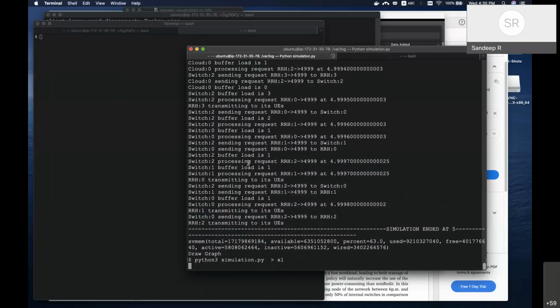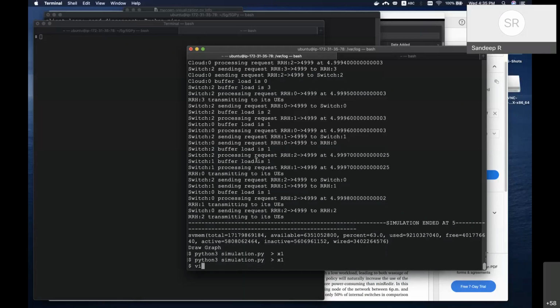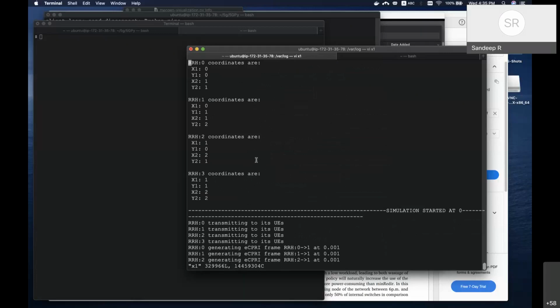Whenever you have a file or output that is scrolling away like this, just redirect it to a file like this. It's very easy in Linux to do redirection. Just use a greater-than sign and a file name, and all the output will go into that, and then you can open it and look at it like this. See, what they are trying to do is they have done this.